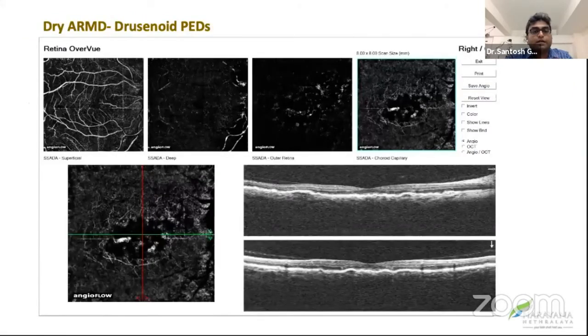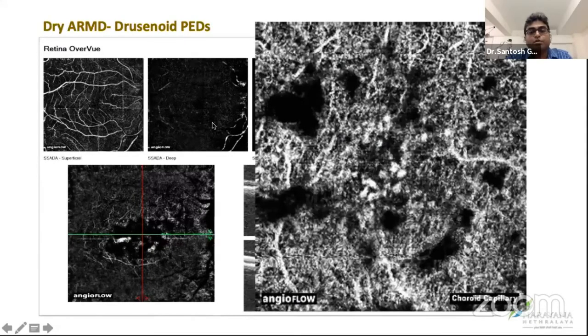So when you look at a dry AMD picture also, when you go for an 8x8 mm scan, the vasculature is really difficult to make out, because of poor fixation. But when you go for a 3x3, these changes are more clear. These don't mean any vascular changes. These are just artifacts because of suspended particles in motion. Because of the saccades, we get to see these things, which are seen as motion artifacts. These artifacts have to be kept in mind and not diagnosed as neovascular membranes.